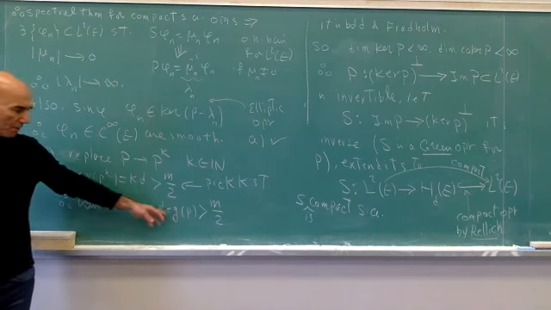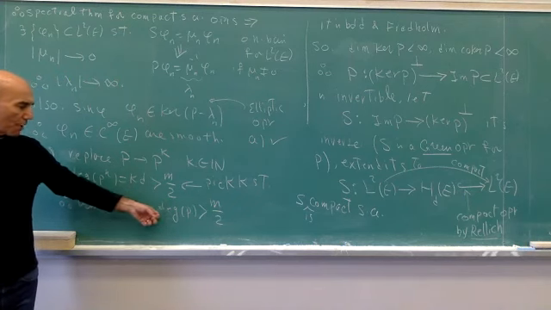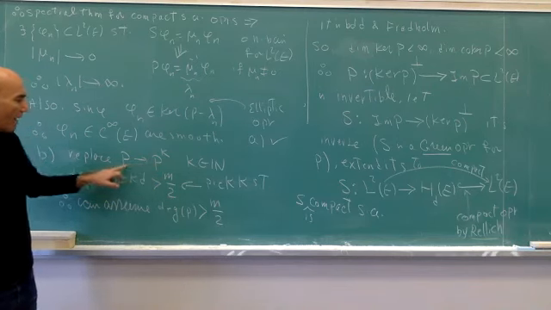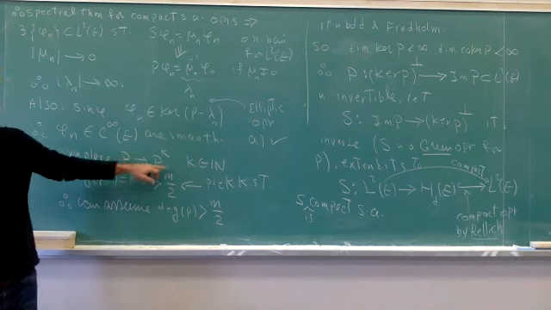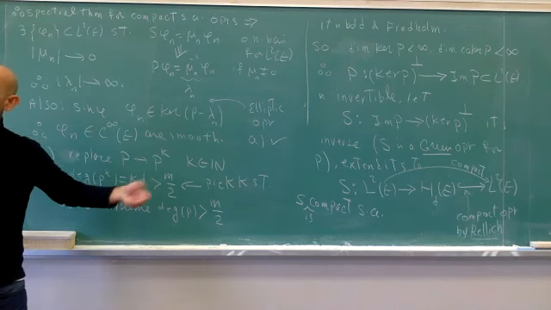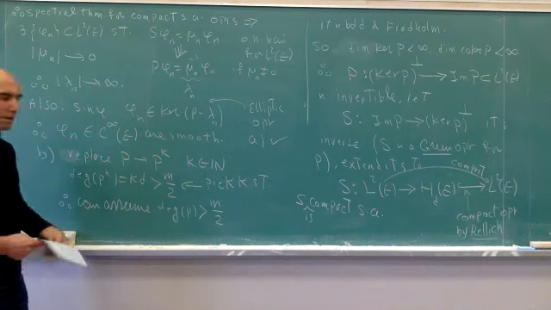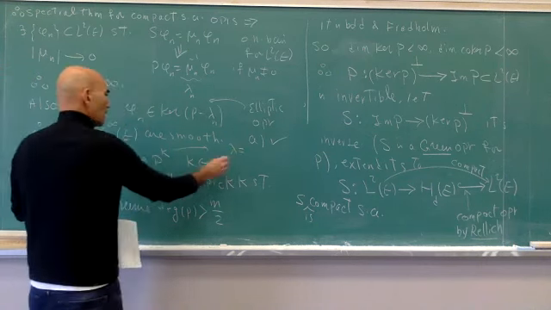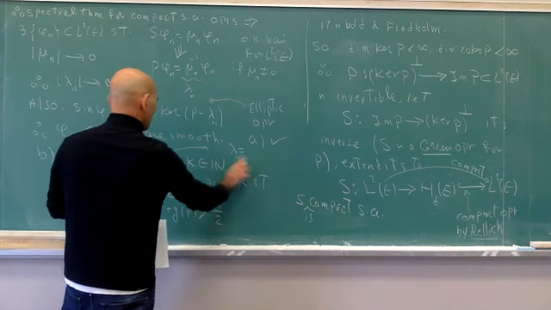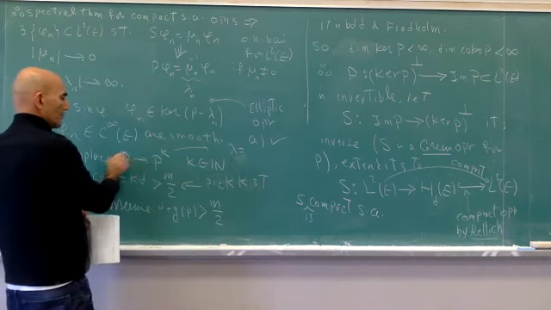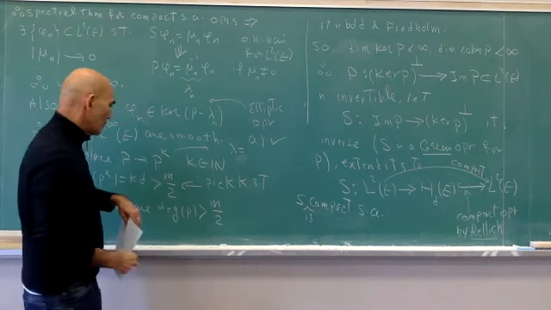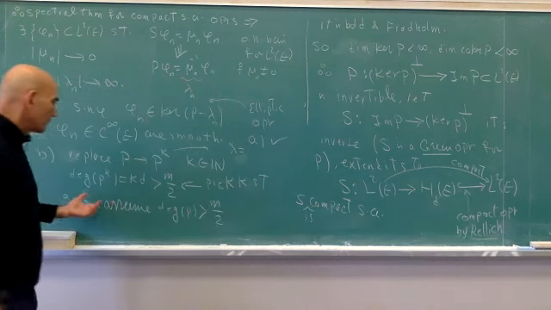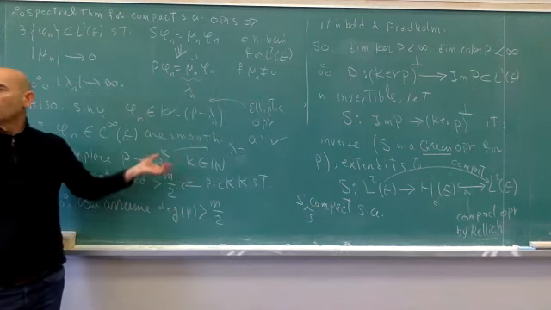So if I can assume that the degree of P is bigger, if I can prove it for such operators, then, the reason for this is that of course the eigenvalues of P to the k are lambda to the power k, right? So for this one, lambda of P to the k is basically the eigenvalues of this guy to the power k. So if you prove a polynomial estimate for this one, you can prove a polynomial estimate.